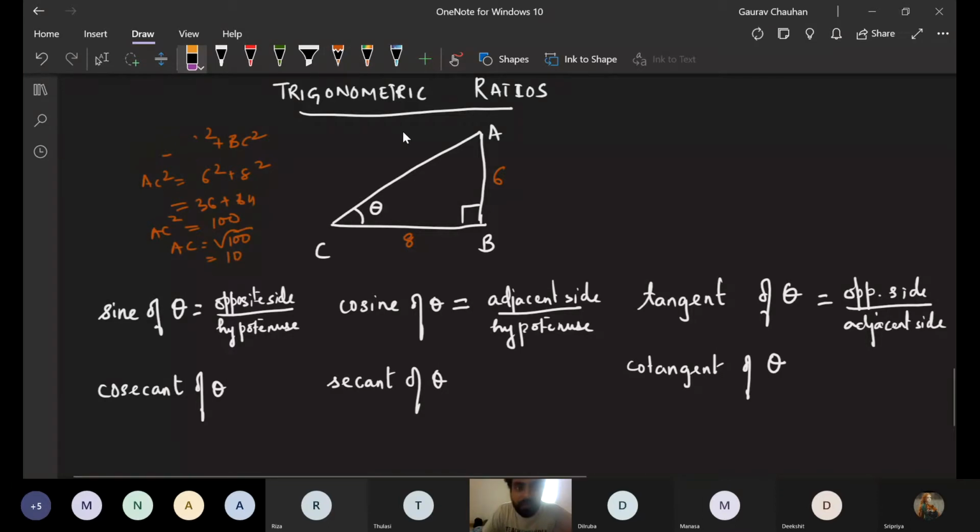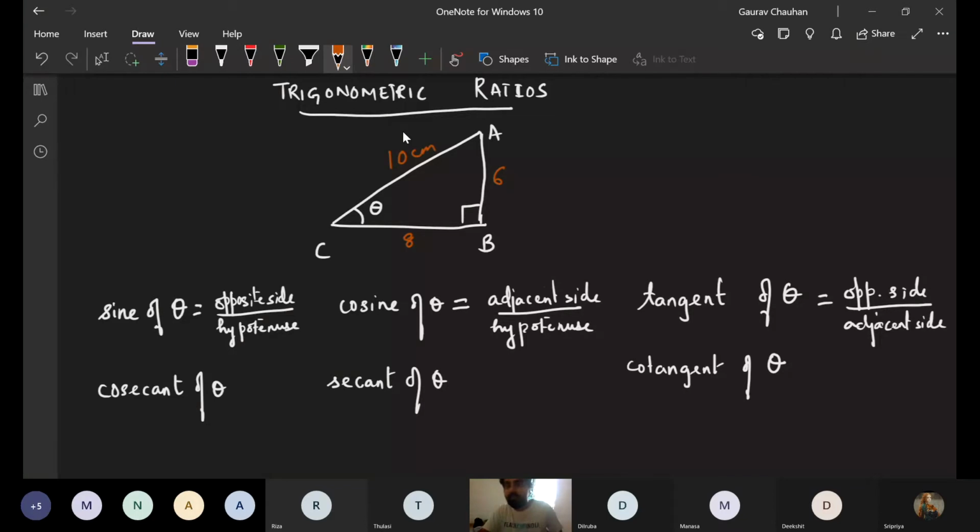Okay. Now I just did this because I want you to remember that Pythagoras theorem will always be in play whenever it is a right triangle. Okay. So if I have to find cosine of theta, I will put adjacent side by hypotenuse side. Okay. So what is adjacent side here? Tulsi, you can only answer quickly. For theta, what is adjacent side? For theta here, what is adjacent side?